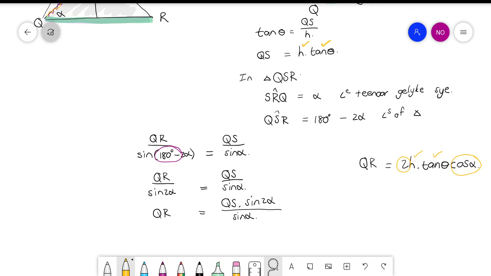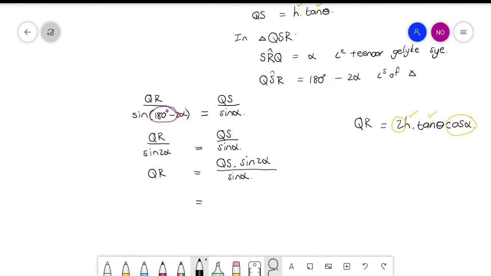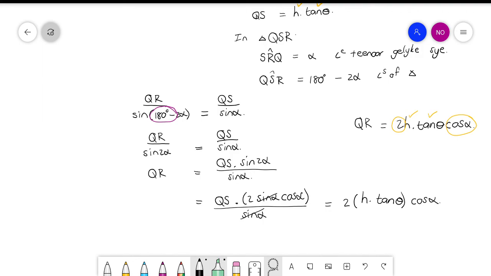What can I do? Think of the identities that you did in matric. I have a double angle there. Okay? So ek gaan, and there's your cos. And now your sin can cancel out. Sien julle? And then you add the answer because the 2 is also there. So 2, I'm substituting QS, which was H times tan theta, and I'm left with a cos. So hierdie stukkie is QS wat ek gaan instel. Ag nee,